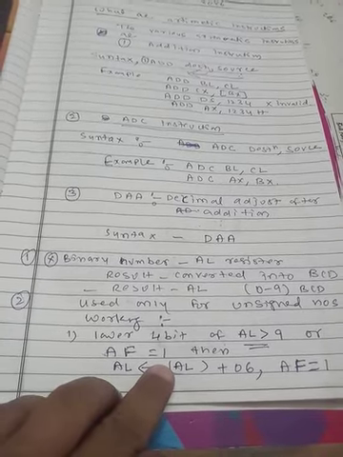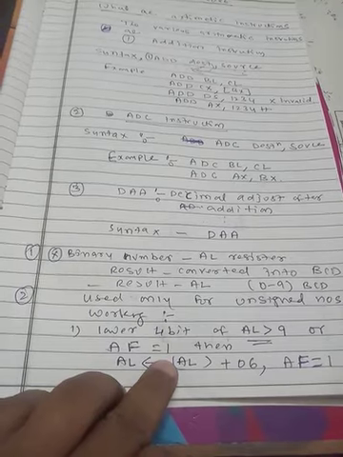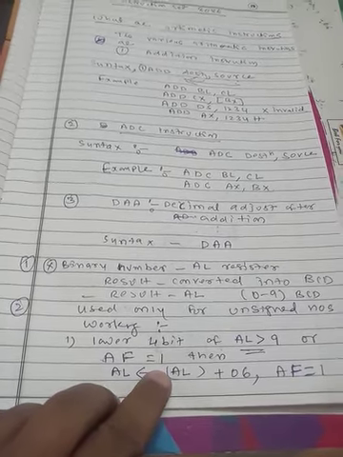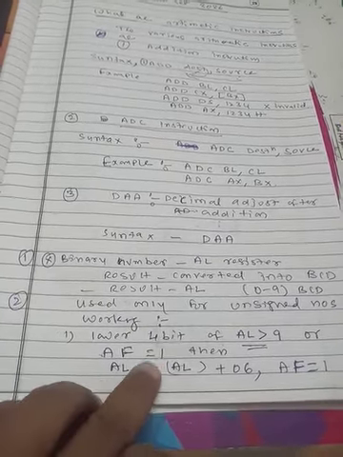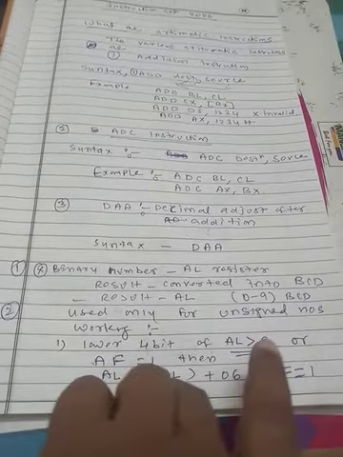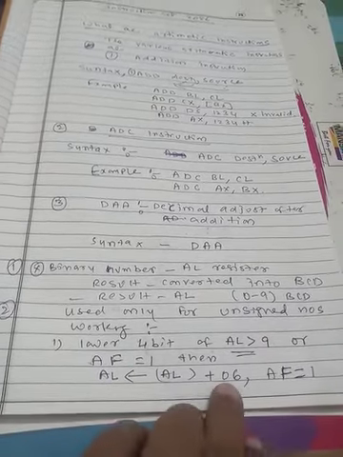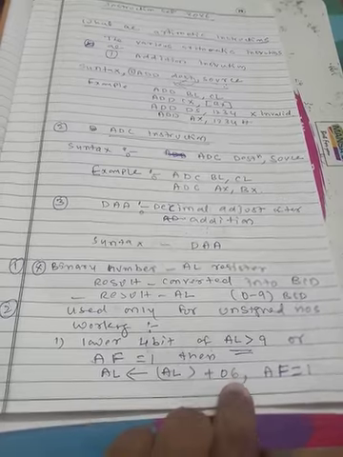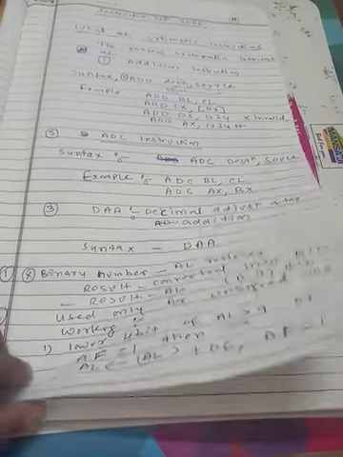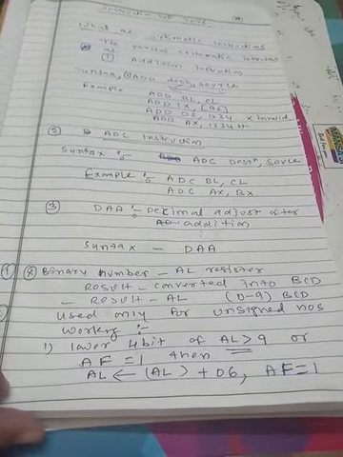So that after the addition of 2 nibbles, if a carry is generated to the next bit, then AF will be set to 1. For these two conditions, we have to add 06 to the lower nibble. So that is called the BCD operation. So let us see what will happen for the next